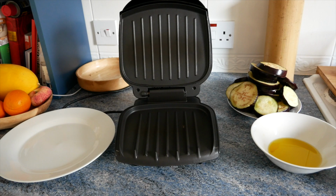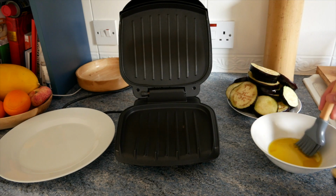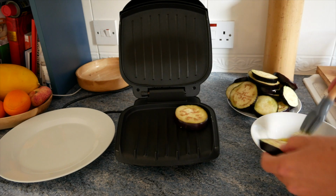I think for the last step it works best if you have an actual barbecue. Since we don't have space just now and don't have a garden, I just use like a normal George Foreman grill. And I also think it's easiest if you set up a wee station, so you put some olive oil onto the aubergine on one side,